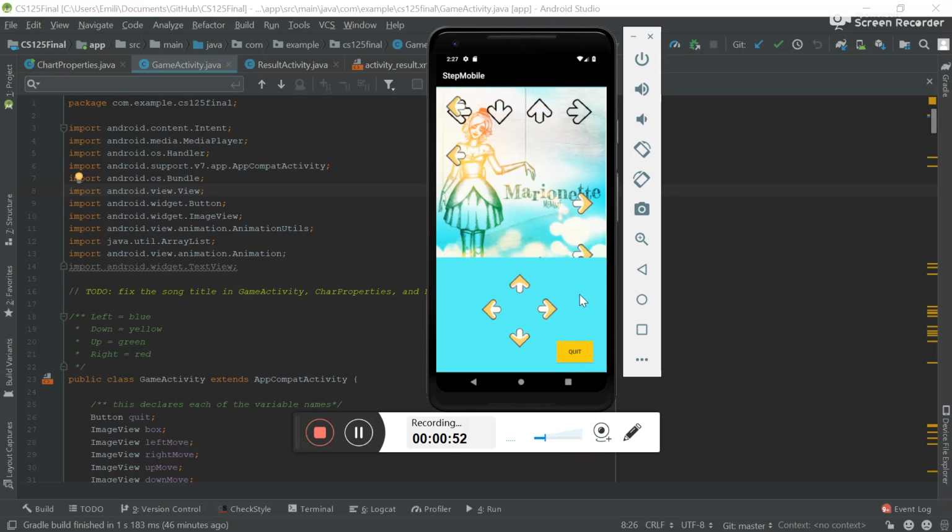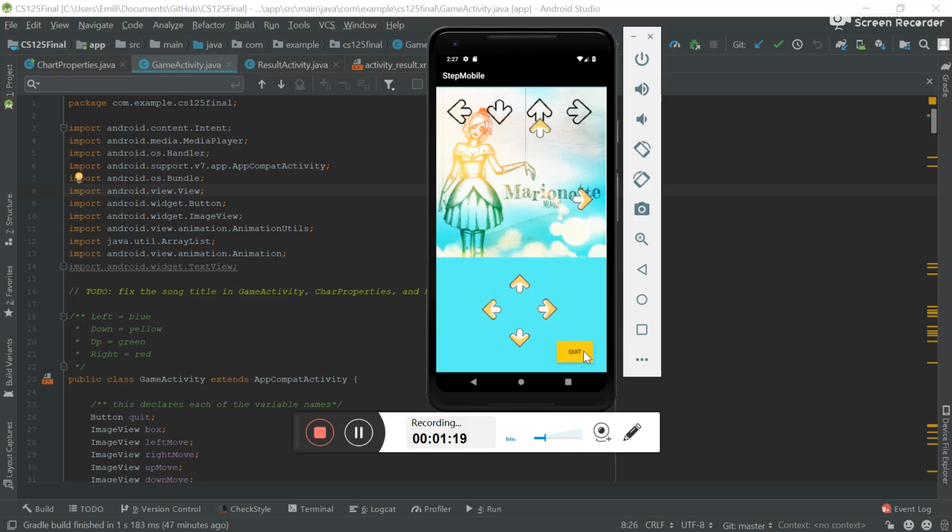So in order to make the music play, we had used a media player API, which basically takes an MP3 file and then processes the audio and then places it in Android Studio. And then there's also arrows which move. So if you hit the arrows that correlate with the arrows that are on screen, so I'll do that for a few seconds,